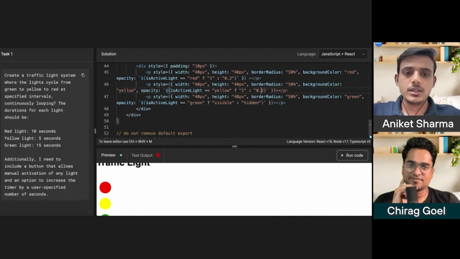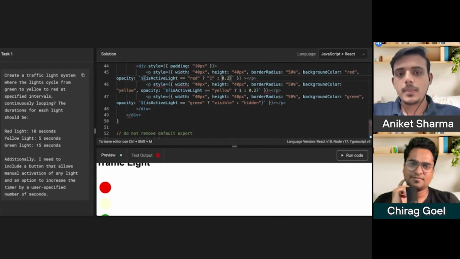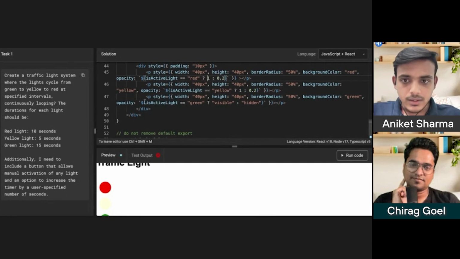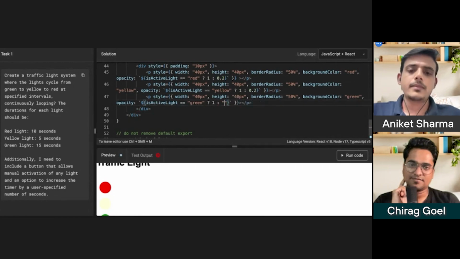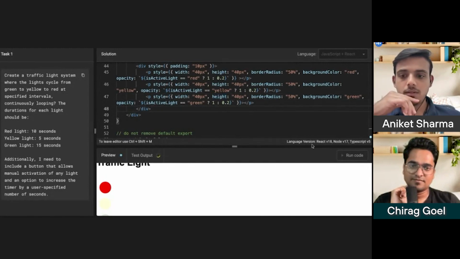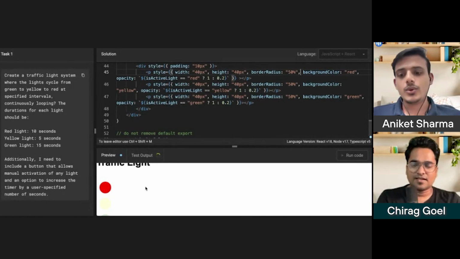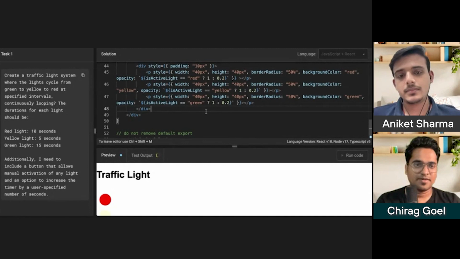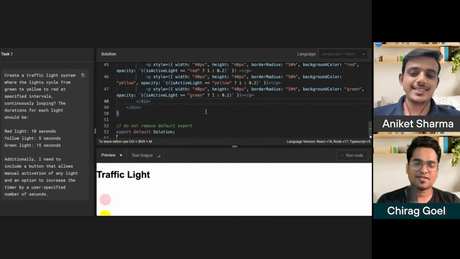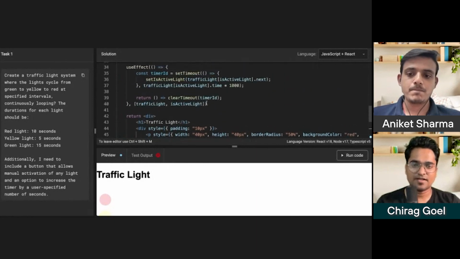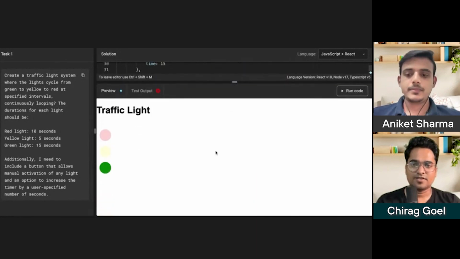0.2. It should not be a string. It should be an integer, basically a number. Okay, here I missed 0.2. Run code. Oh, so that preview automatically reflects. It's real time. So I think this looks pretty much better, right? Yes, yeah. Just show me the full version of the outcome at this time. Expand it. Okay, so this is how it looks like.